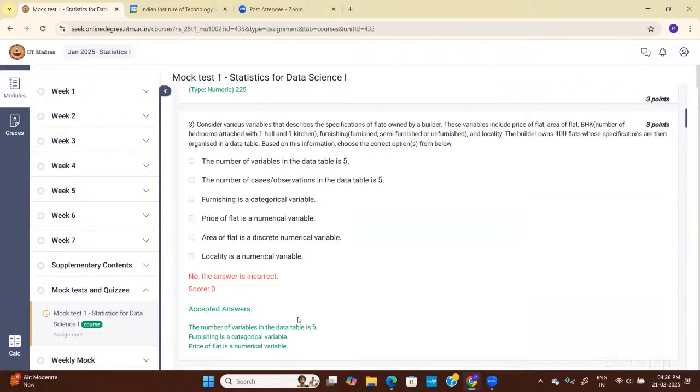Yeah, we can compare in that way also. So maybe, if we are considering that, obviously in practical scenarios, semi-furnished is better than furnished and unfurnished is better than semi-furnished. So if we are comparing in this way, then it will be ordinal. Okay, if we are saying that semi-furnished is better than furnished, and if you are considering all these things, then it will be ordinal. Yeah, this is in descending order. Furnished, then semi-furnished, and then unfurnished.